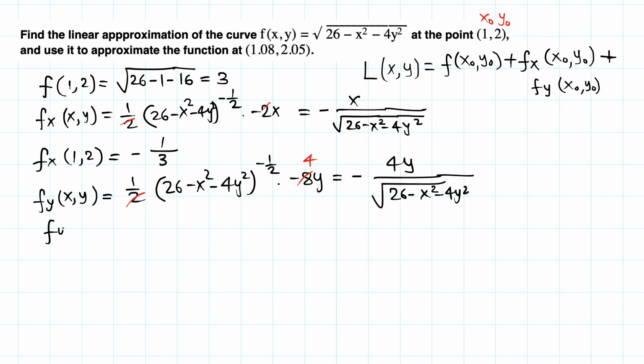Let's evaluate this partial with respect to y at the given point (1, 2). So negative 4 times 2, 8, over this one is 3 when we plug in 1 and 2. Okay. Now we have everything. f(1, 2), that's f at x naught, y naught, fx at (1, 2), fy at (1, 2). Okay. Then this curve